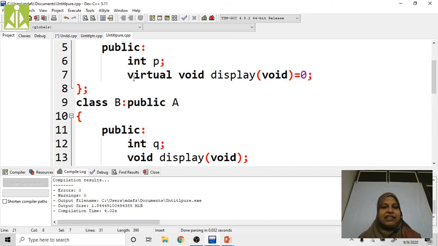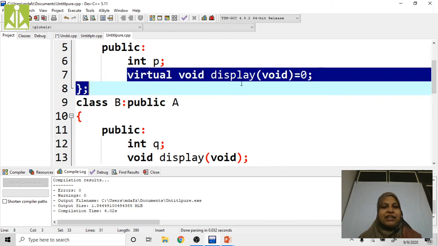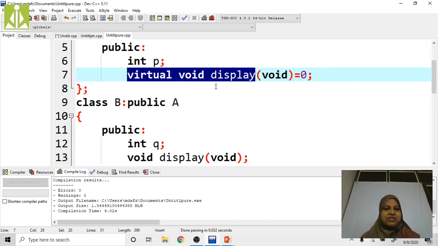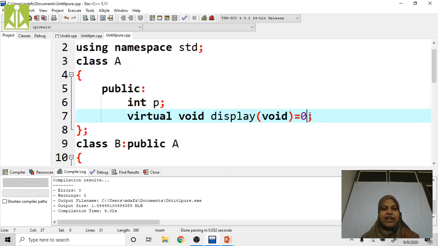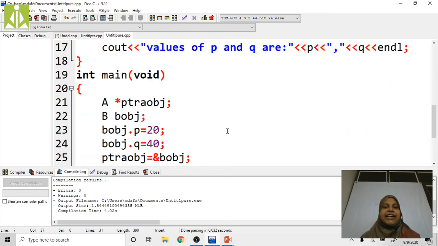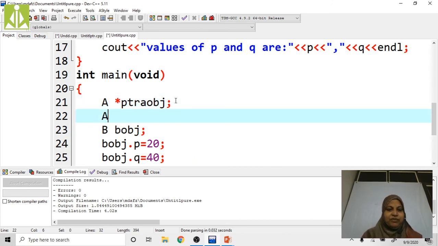Here I am declaring that the display method is a pure virtual function. Why? Because I am assigning the 0 value. If I try to create any object for this one, what type of error are we going to get? aobj.